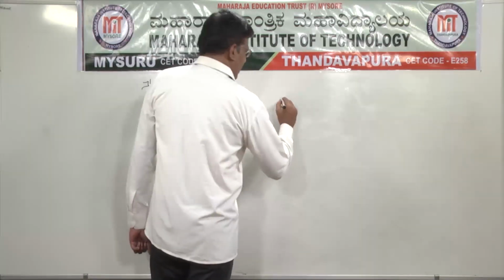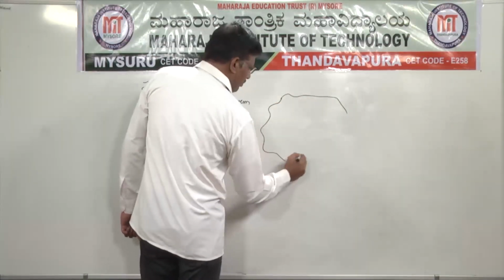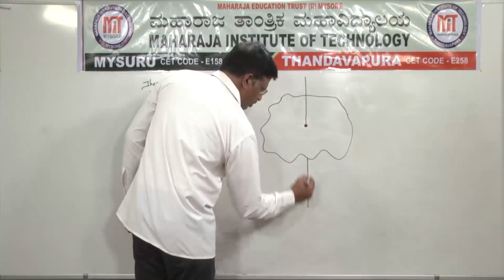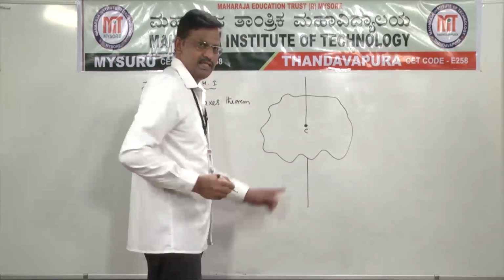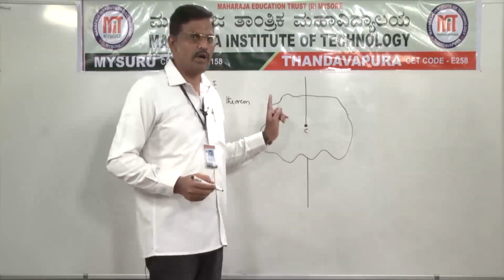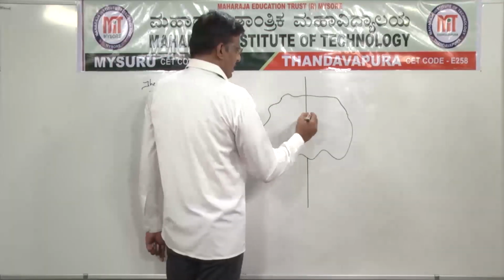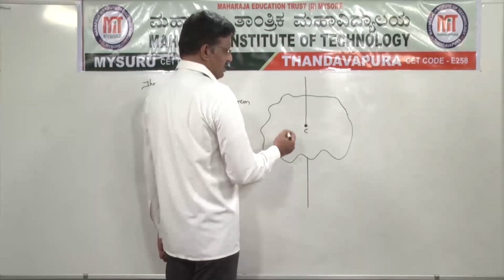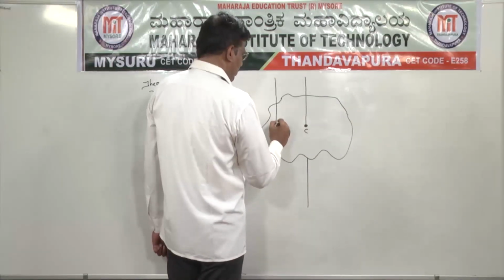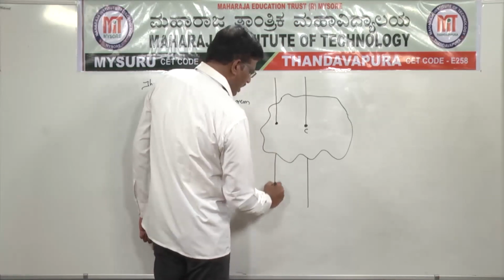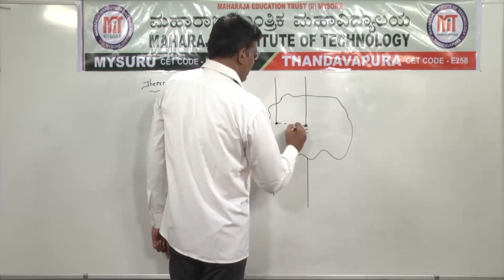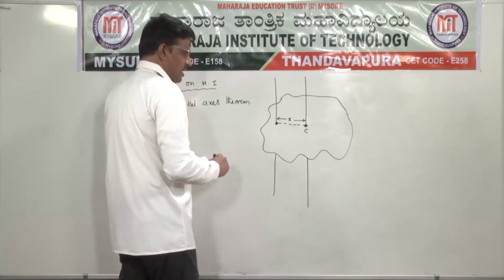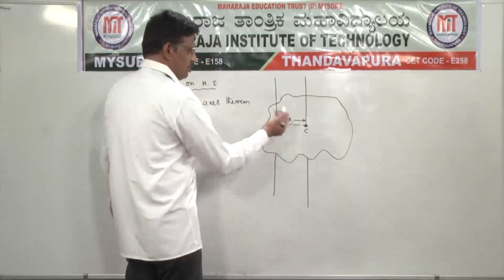So here, if we know the moment of inertia of a rigid body about an axis passing through its center of mass, let us imagine that here C is the center of mass of a rigid body. When we know the moment of inertia about this axis passing through the center of mass, we can find the moment of inertia of the same rigid body about another axis which is parallel to the given axis, the axis passing through the center of mass.